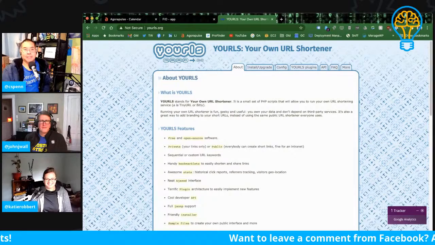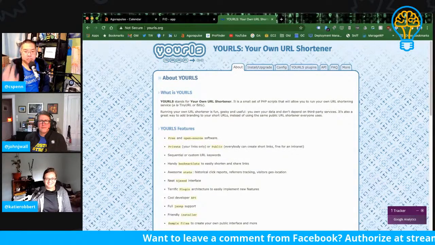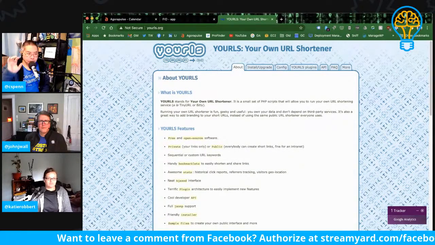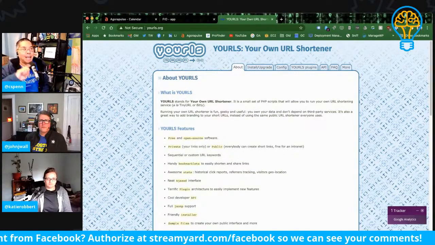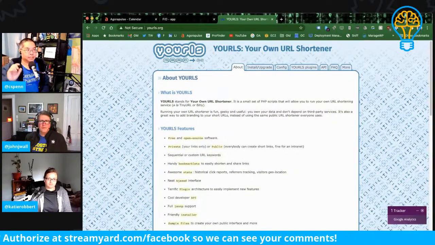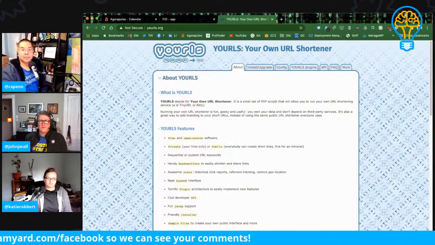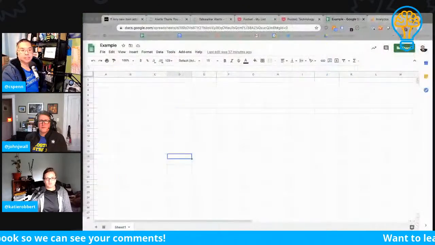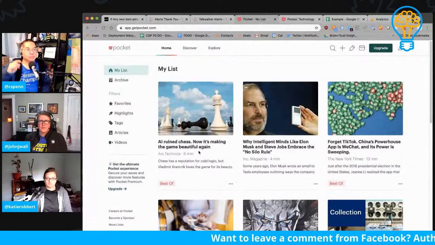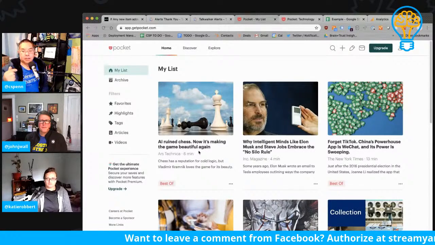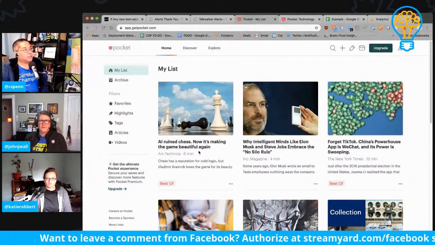And again, if you have the technical capacity to do so, install this on your own server. There's a plugin for Google Analytics that allows you to track any link click that's sent through it, which is super valuable because, again, if we are going to places, for example, like Pocket, and we're getting all these different articles, if we use our own link shortener, then we can tell how many clicks we are sending to those places.